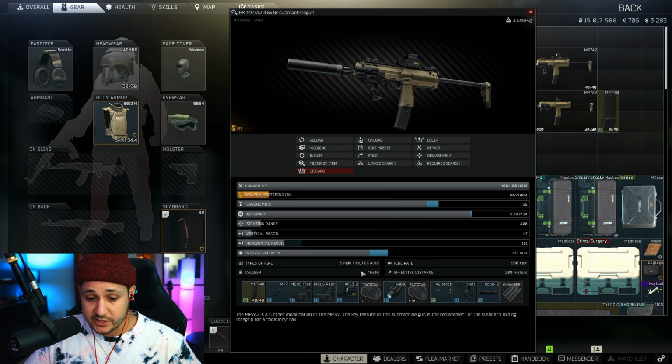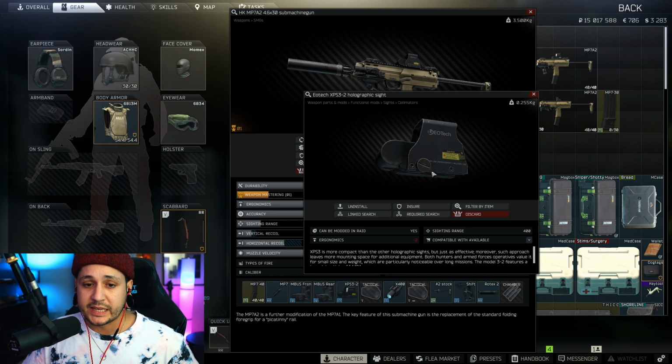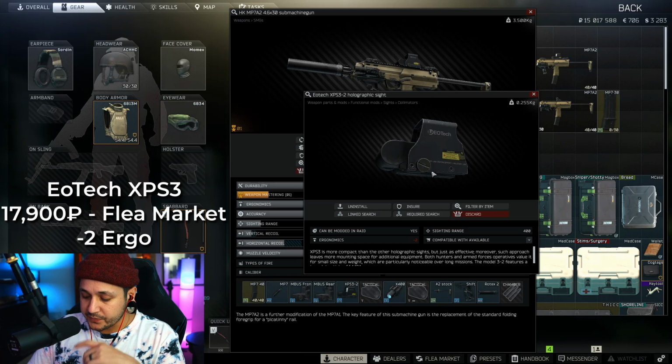And they're pretty inexpensive. Now, the next thing I'm going to talk about is a sight. This is a sight that I have been loving. You guys have known that if you watched my other videos on a couple of other builds, but the EOTech XPS is a sight that I've been running other than the PKO6. Now, I don't really put the PKO6 in my budget videos because a PKO6 is about 40,000 rubles versus this, which I can get for about 15 to 20,000 rubles. So we're getting the XPS. At the time of the video, I got it for 17,900 rubles from Flea Market,